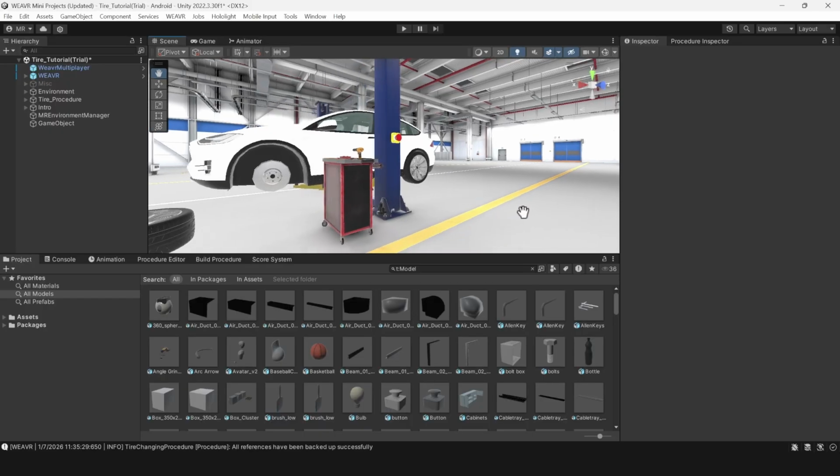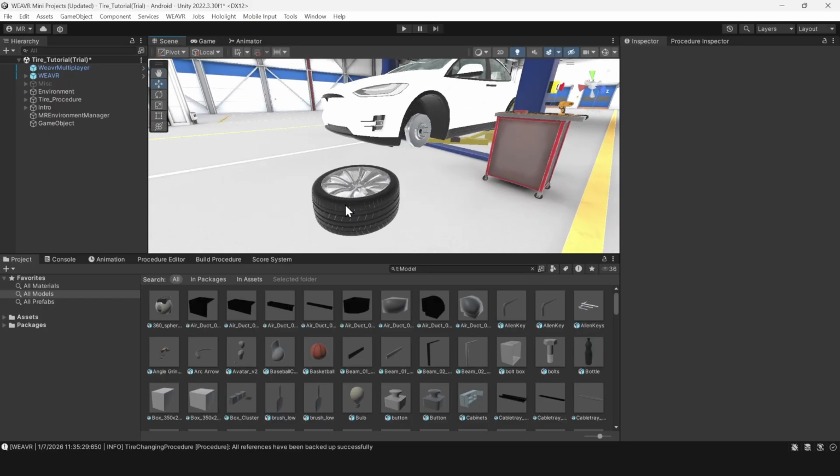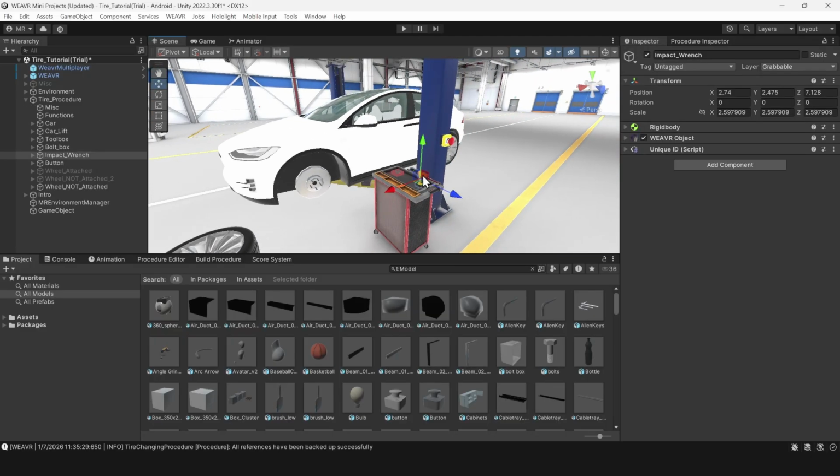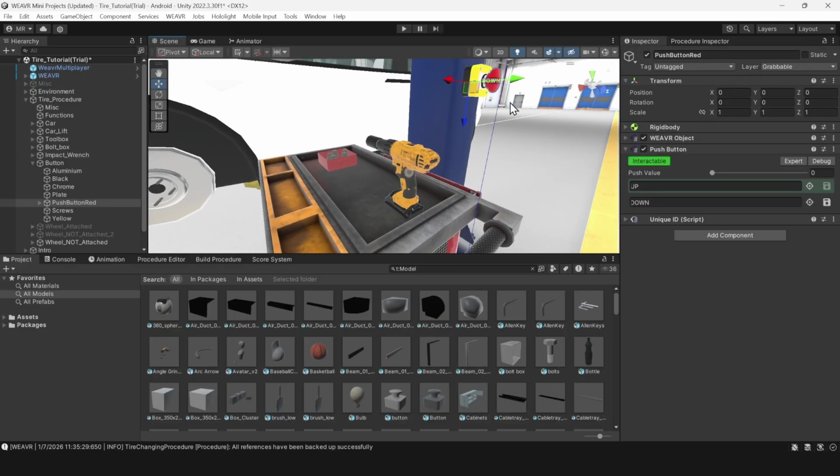These elements together make up how objects look and behave visually in WEAVR. In the next video, we'll look at how these objects live inside a Unity scene and how to organize them